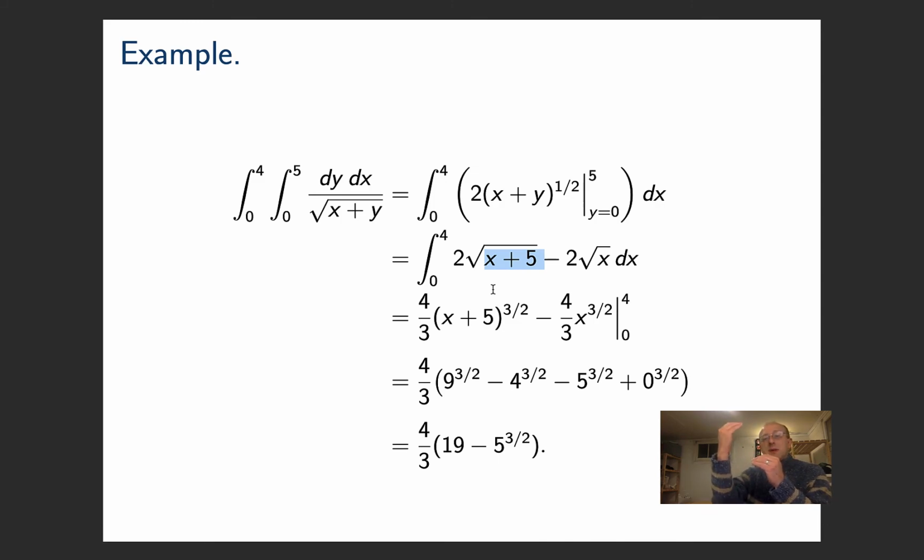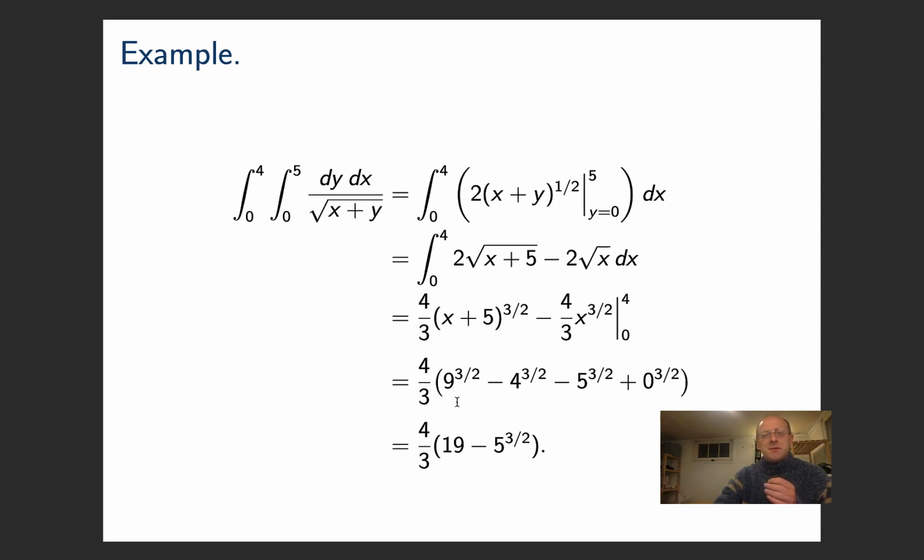We could add 1 to the power, make it x plus 5 to the 3/2, and then divide by 3/2, which is the same as multiplying by 2/3. And same thing here, x to the 1/2, the antiderivative is 2/3 x to the 3/2. And we already had a factor of 2 from before, so we get 4/3 instead of 2/3. And then we just plug in some numbers, x equals 4, x equals 0, and there's some arithmetic, 9 to